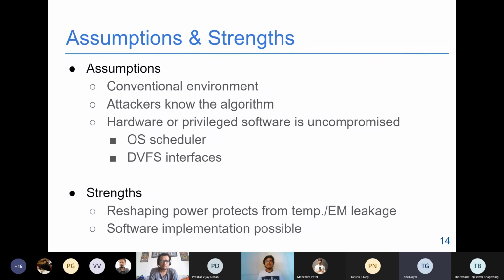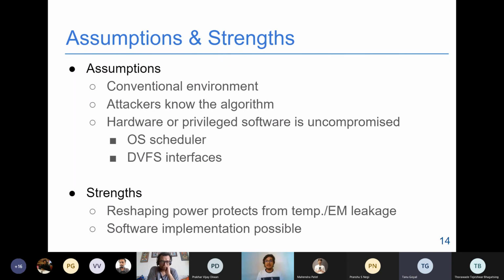Now that we have discussed the general framework of Maya, let's look at some of the key assumptions and some of the key strengths of this framework. So one key assumption is that the attack allowed is a conventional attack, which is an attack in the coarse granular time domain. And the second assumption is that the attackers can actually know the algorithm. Okay, so we can assume that the attacker knows how the power was reshaped